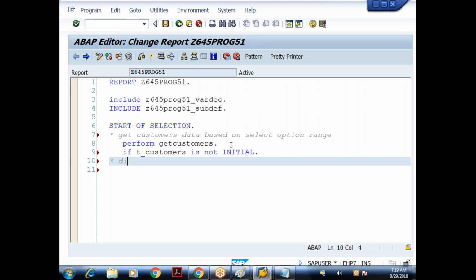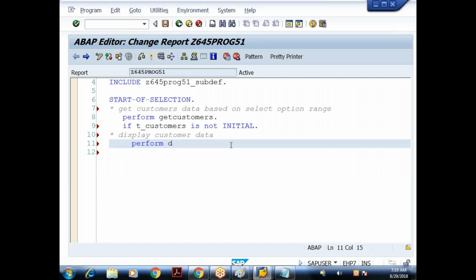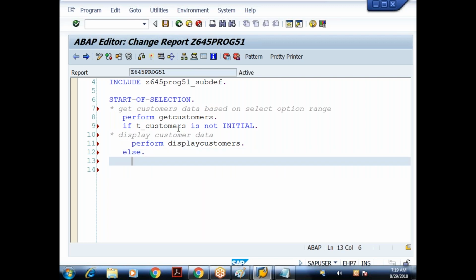Next, if it is not initial, what I have to do? I need to display the customer data. I'll write it in a subroutine. Perform what? Perform display customers. Else, if the if condition is failed, means if the internal table is blank, I'll give a message: no customers. Okay, instead of giving the message directly here, you can